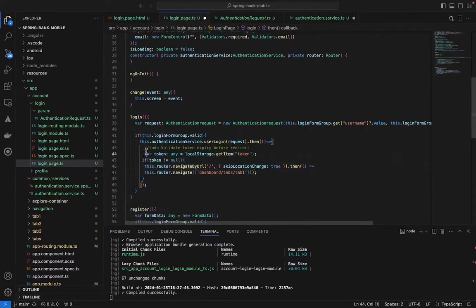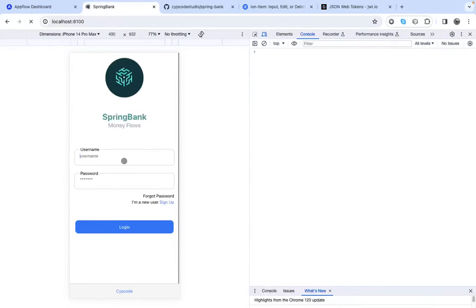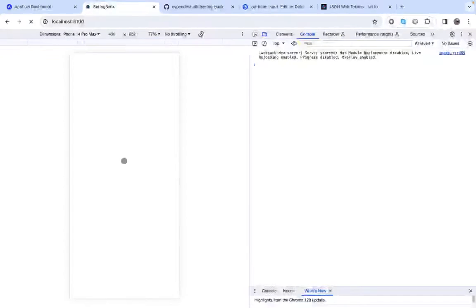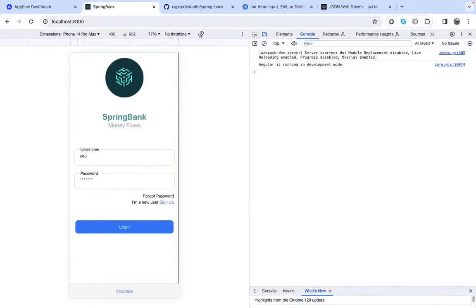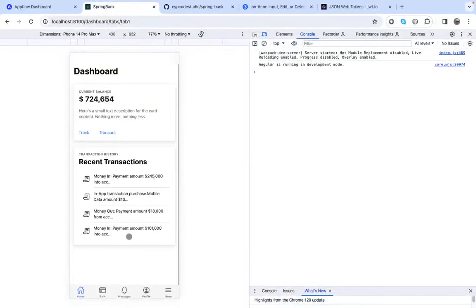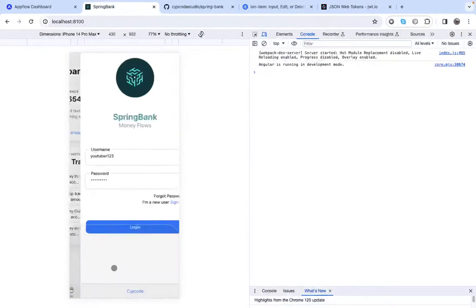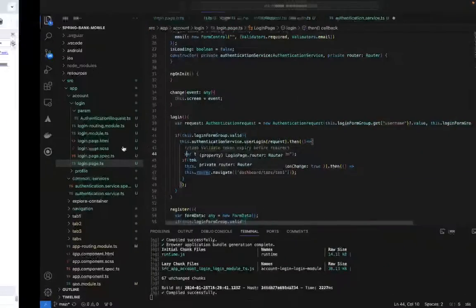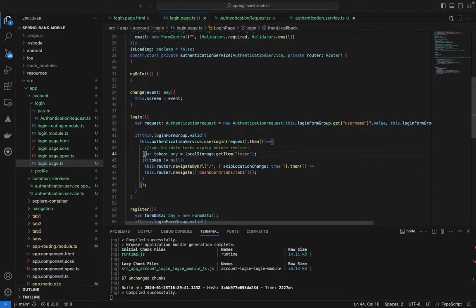So no worries, that looks good, and we basically can come back and test our login here. Let's just do refresh, let's do YouTuber123, password 1, enter, login, and then you can see it still logs in fine, so we can log out, and that looks good. So we will do a token validation here, and if you